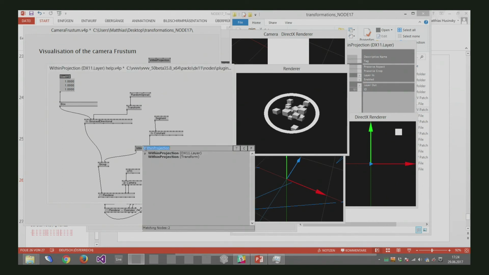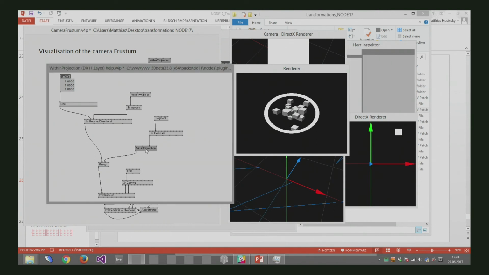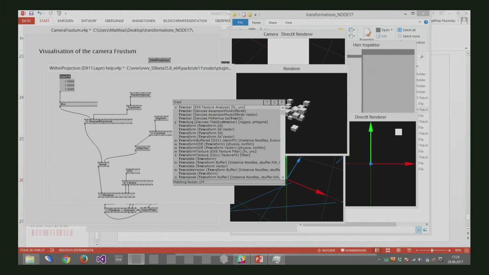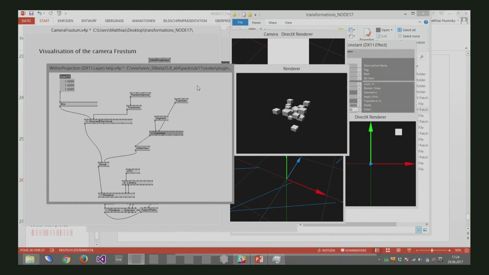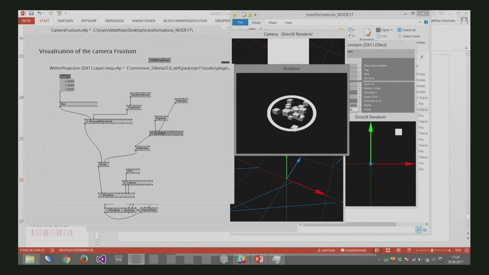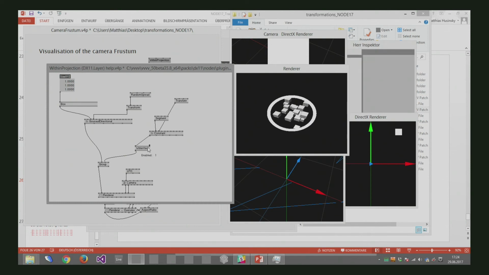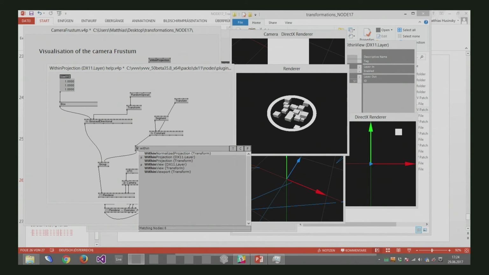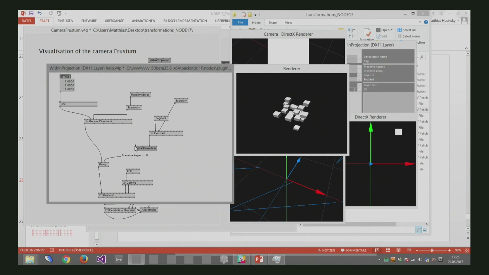And on the other hand, within view, apparently I need to translate this again. It looks the same, but you have this projection going on as well. So if you move it further away or closer to you, it will still be there. You can enable and disable this. But within projection, I think there's something you can configure also. Yeah, it has this preserve aspect option, which allows you, when activated, and if there was an aspect ratio node somewhere,